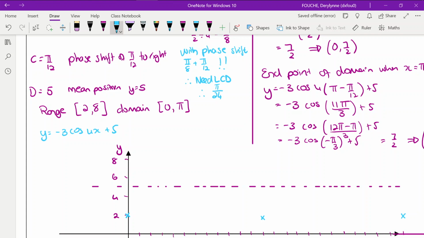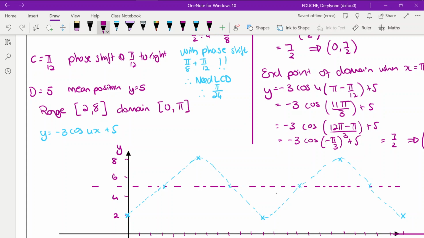So at 2 pi on 8, or pi on 4, I'm going to be up at the top of my cycle, and at 6 pi on 8 I'll be up at the top of my cycle. I will be crossing my mean value at pi on 8, 3 pi on 8, 5 pi on 8, and 7 pi on 8. Okay, so far nothing new. It is just a standard negative cos graph with a period of pi on 2. So you sketch this,